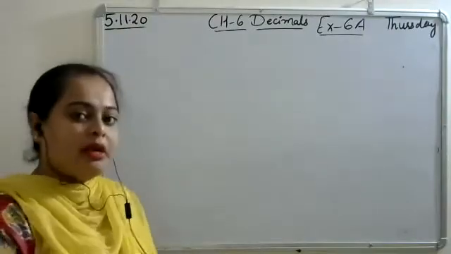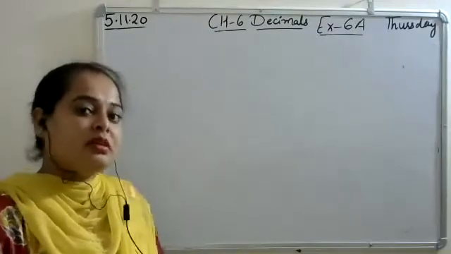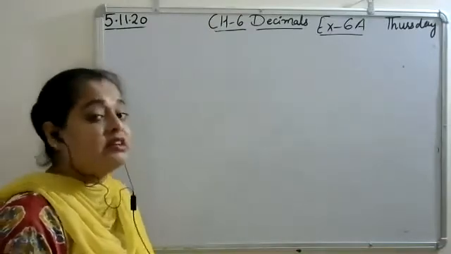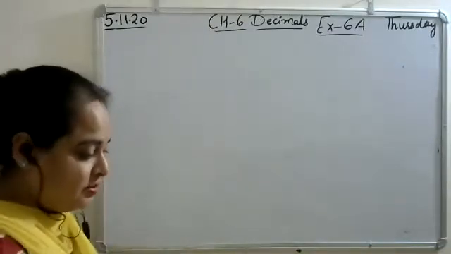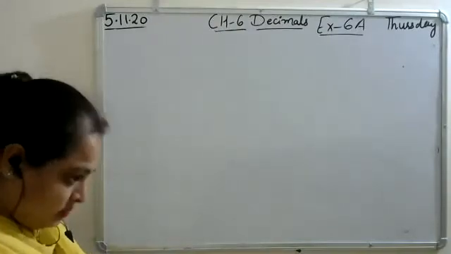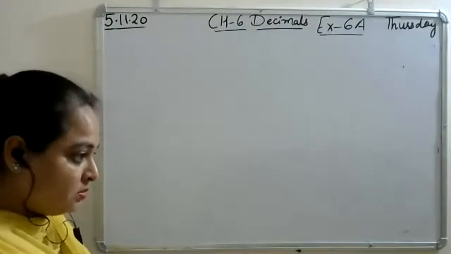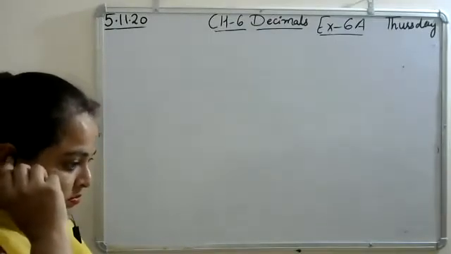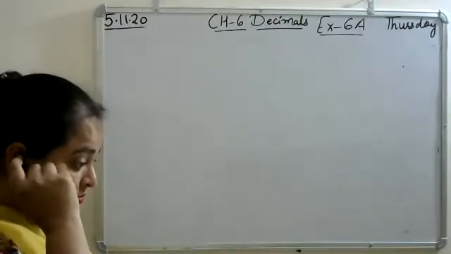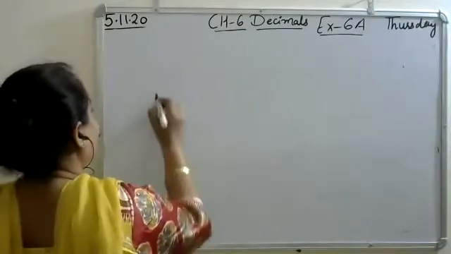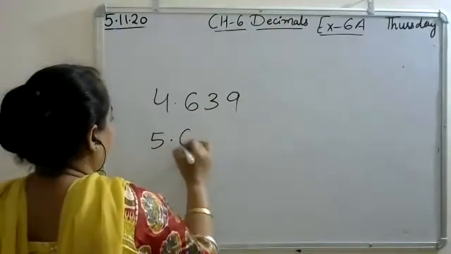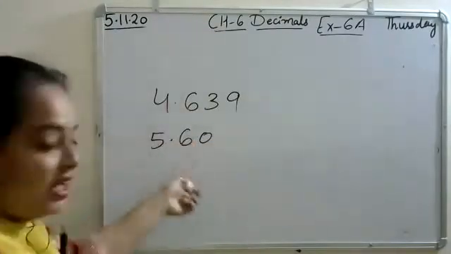This definition that you just told me, this is given in the book, what is its meaning? This is the definition from the book. What does it mean? Equal number of decimal places. Two or more decimal fractions are called like decimals if their decimal places are equal. Now tell me, for example I wrote 4.639, okay? So 5.60. Now tell me, these are like or unlike?